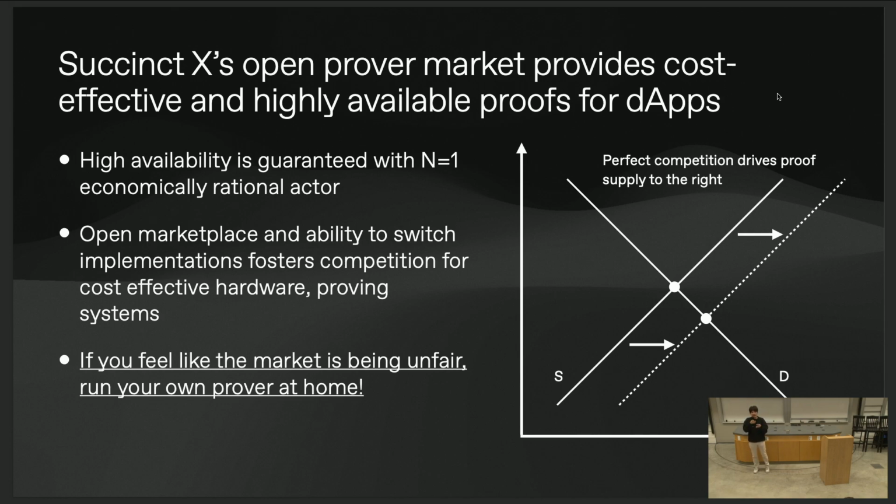And what this means is that now you can drive perfect competition on different proving hardware, different proving infrastructure, different proving nodes and how it's hosted in the cloud and stuff. And basically, what this does in traditional economic terms is it drives proof supply up, right? And inherently, what this can also result in is in more induced demand for ZK proofs. And we think that this is super important for driving novel adoption of ZK. Finally, I think from the dApp developers' perspective, when they use this platform, they should really feel like they're not getting worse guarantees than if they were to run a prover at home, which is something we truly want to encourage.